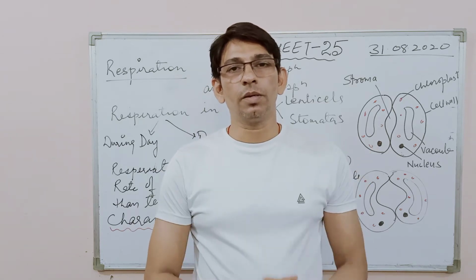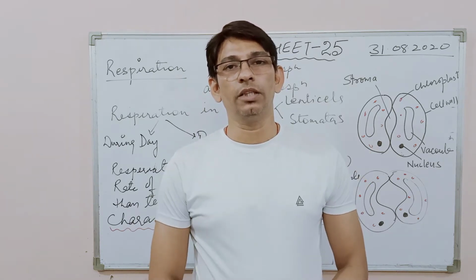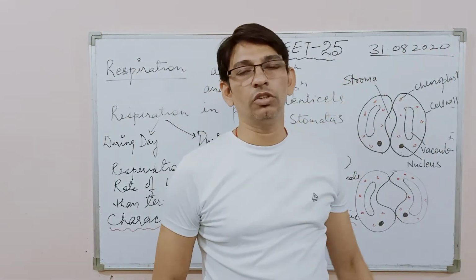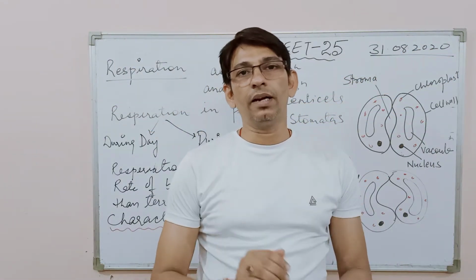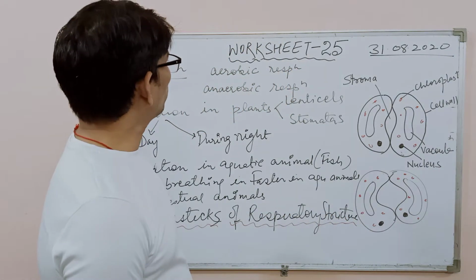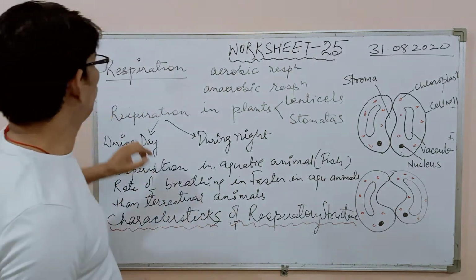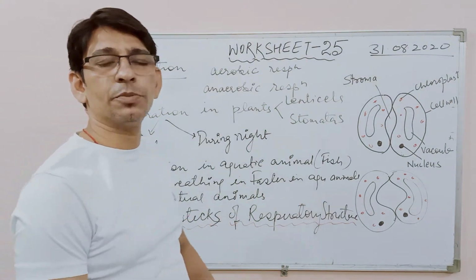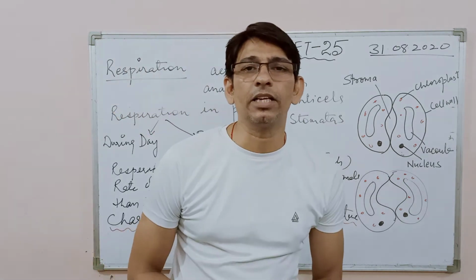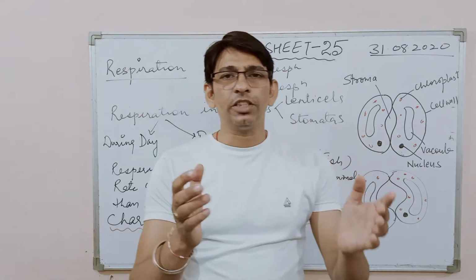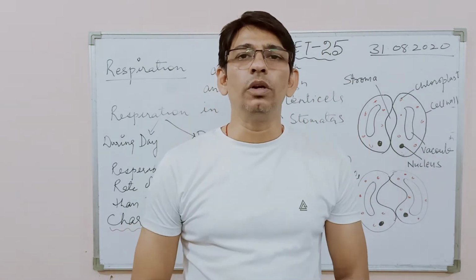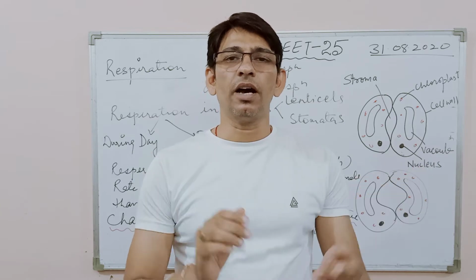इस चैनल के माध्यम से मैं आपको DOE के द्वारा दी गई वर्कशीट नंबर 25 जो कि 31/8/2020 को दी गई थी आपको, उसमें कंटेंट का हम एनालिसिस करेंगे। जो वर्कशीट नंबर 25 है वो रेस्पिरेशन पे दी गई है, रेस्पिरेशन इन प्लांट्स एंड एनिमल्स पे। हमने देखा रेस्पिरेशन प्रोसेस है क्या एक्चुअली। जो रेस्पिरेशन प्रोसेस है वो ऑक्सीडेशन ऑफ फूड टू रिलीज द एनर्जी इन द फॉर्म ऑफ ATP।